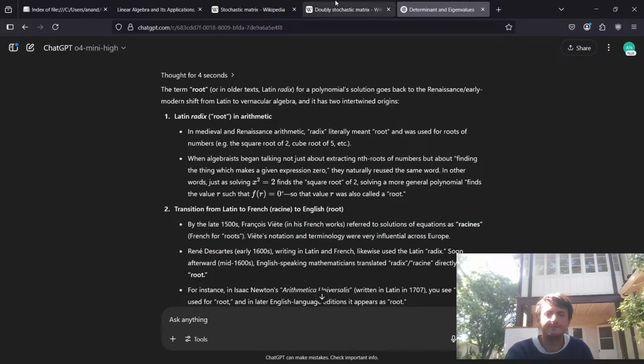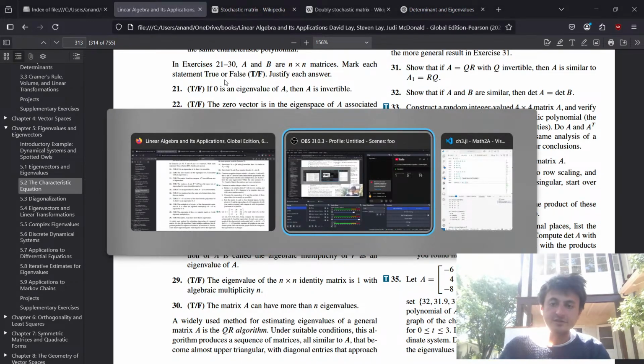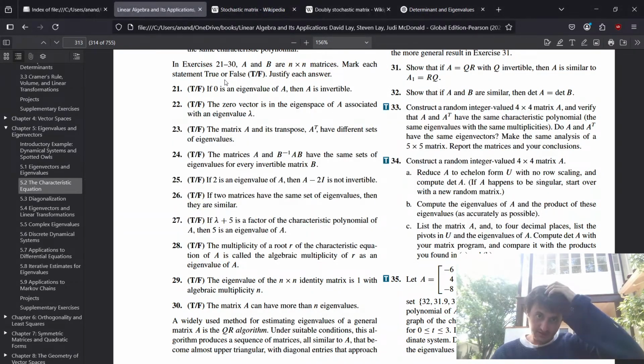That's pretty interesting. Okay. I wish I knew Latin. I feel like it'd be pretty sick to know Latin. Okay, so